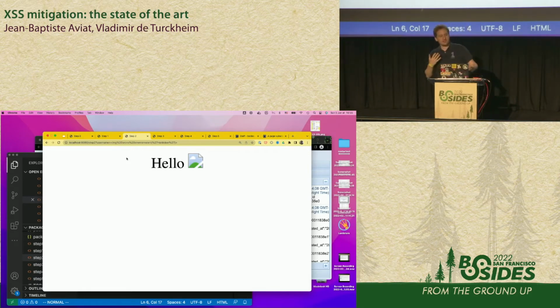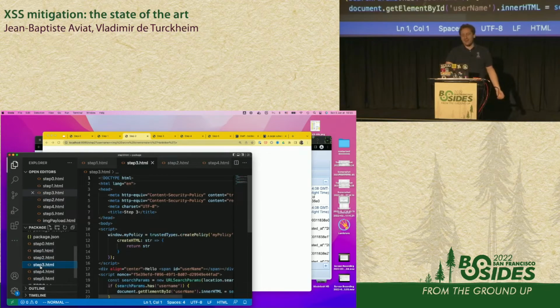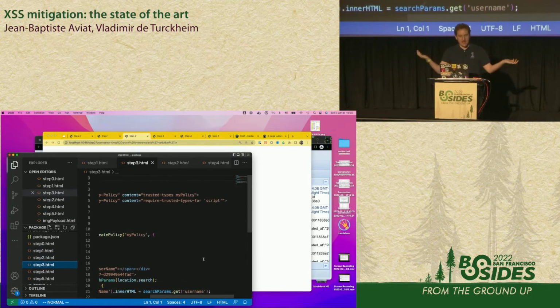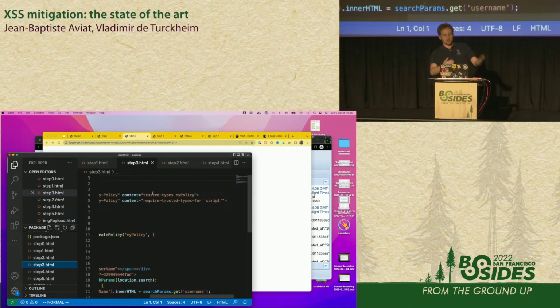Okay, it would be too easy if we didn't use trusted types, and because I'm at a security conference, I want to show some real JavaScript code because I'm a JavaScript nerd. I think I mentioned that already. We know. So come on, I made all my career with Node.js, don't be mean. So, you know what? Let's add a trusted type. Let's say that we want to be better than that and to have dynamic. So I still have a CSP. I say trusted-types my-policy. And I also say require-trusted-types-for script